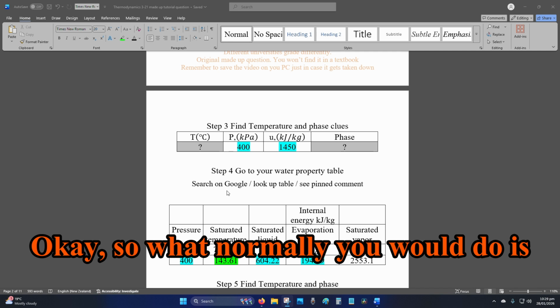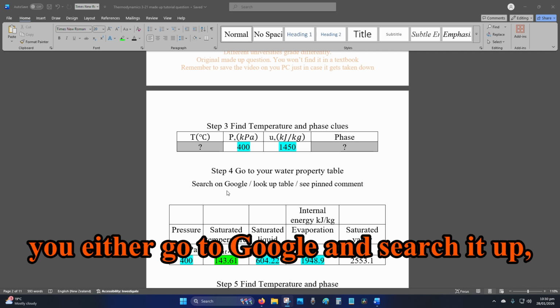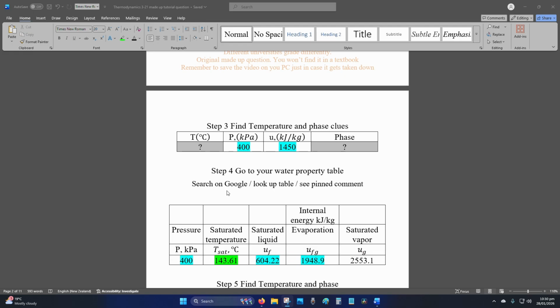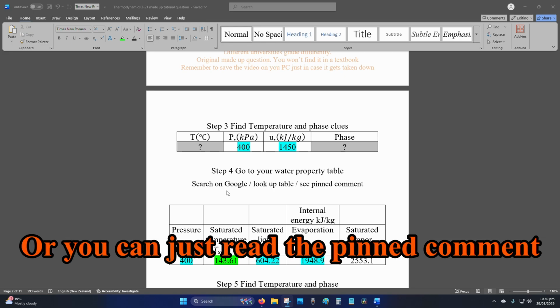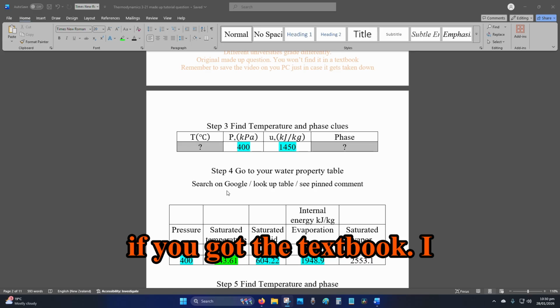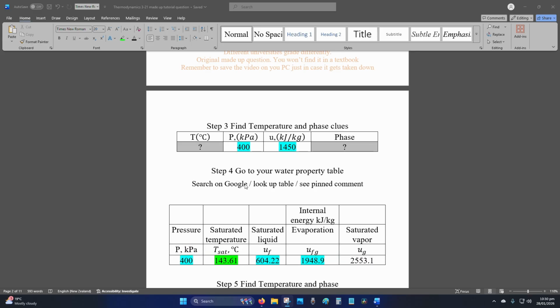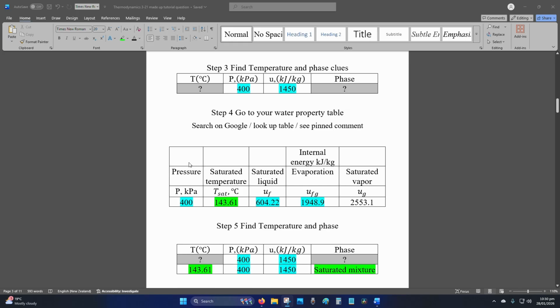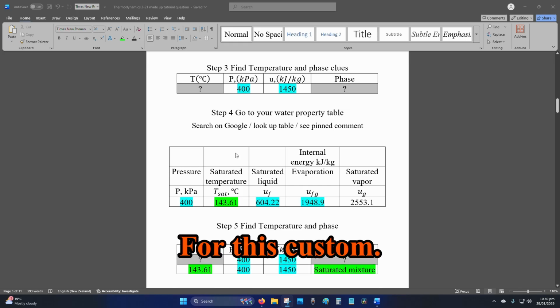Okay, so what normally you would do is you either go to Google and search it up, look in the back of your textbook, or you can just read the pinned comment if you got the textbook. I can't tell you which textbook. Okay, so for this custom